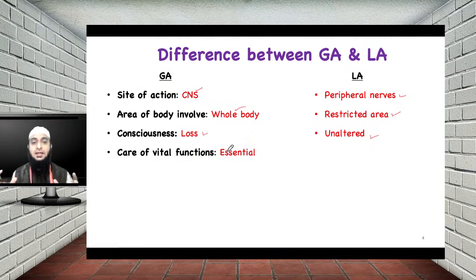In such cases, if the drug has a specific toxic effect on particular organs, then you must take specific care in those patients. So care of vital function is essential in general anesthetics,